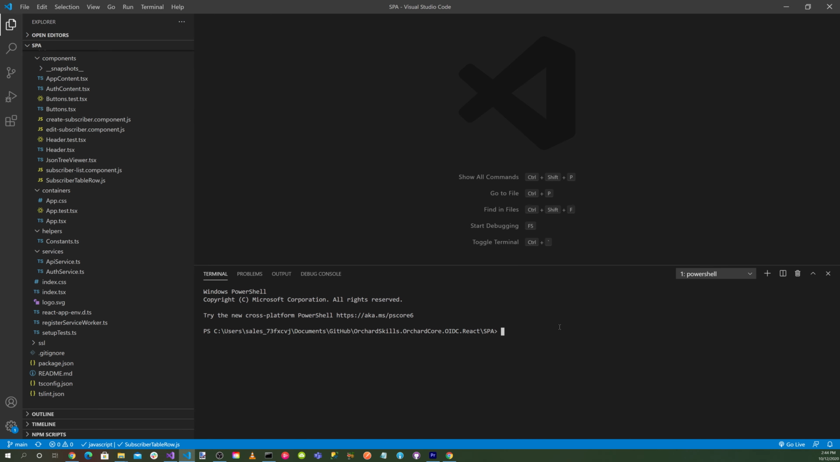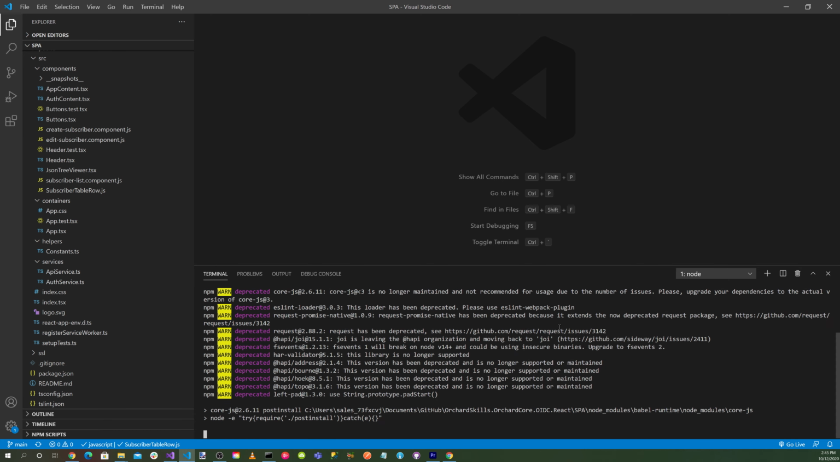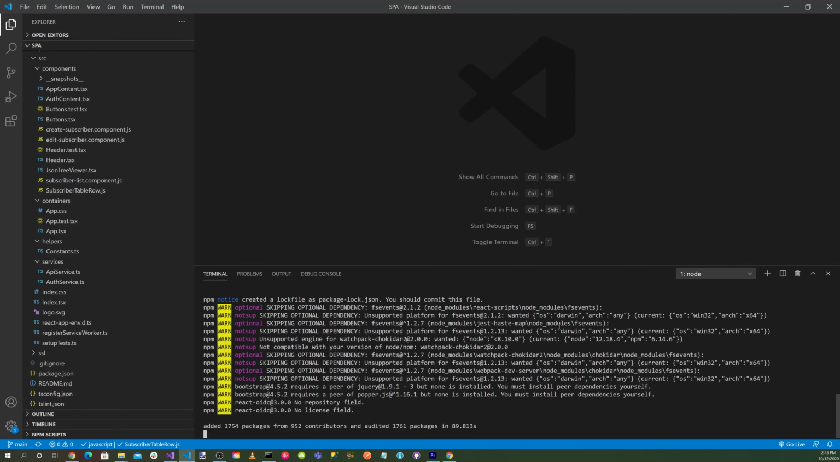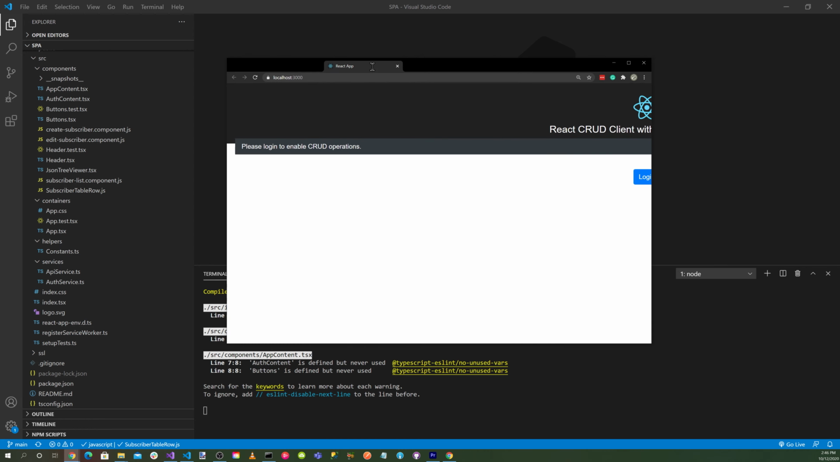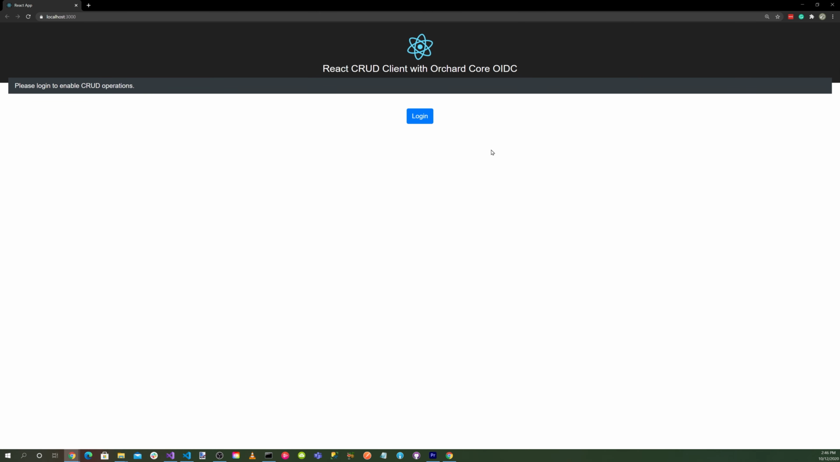Let's create a terminal, and let's do an npm install. Okay, npm install is complete. So now let's do an npm start. And here's our React CRUD client with Orchard Core OIDC running. Click on the login button